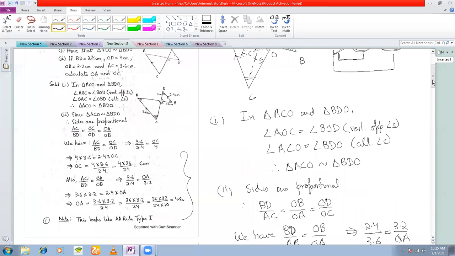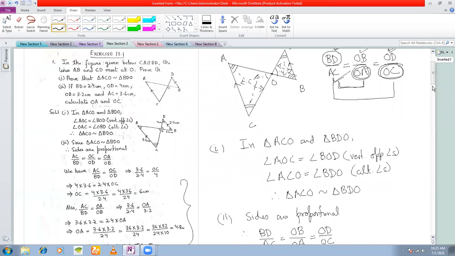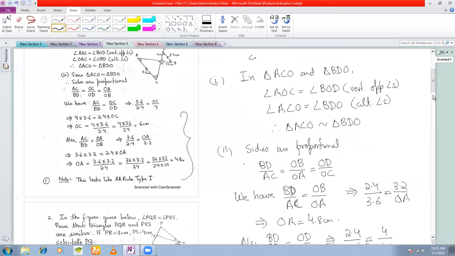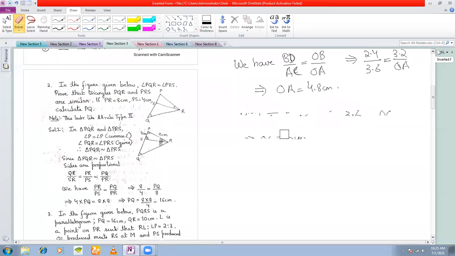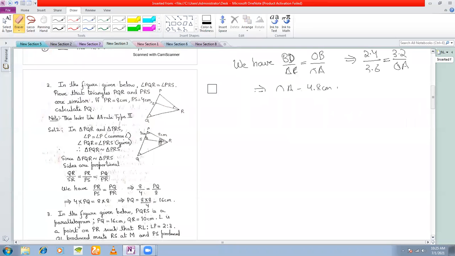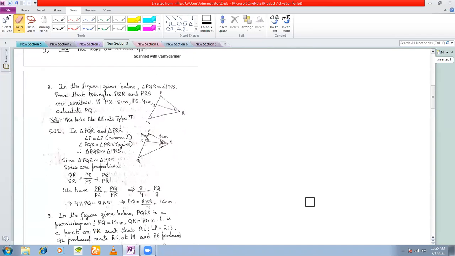So what was the kind of figure that this was? This was a type 1 figure, right? Type 1. Moving on to the next problem here. I'll just start the problem. Maybe I'll not be able to finish it. Let's just draw the diagram and understand the figure. You can continue in the next class.